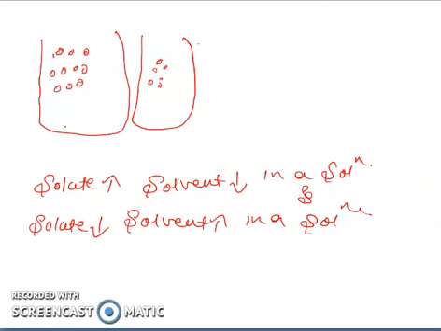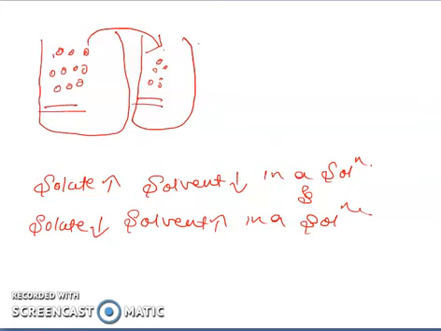So what happens? The solute will move from the region of its higher concentration to the region of its lower concentration in case of diffusion. And it does not require energy for this process to take place. See here, we have the solute concentration high, which means the solvent concentration is low. So in other words, the movement is from low solvent concentration to high solvent concentration, or high solute concentration to low solute concentration.